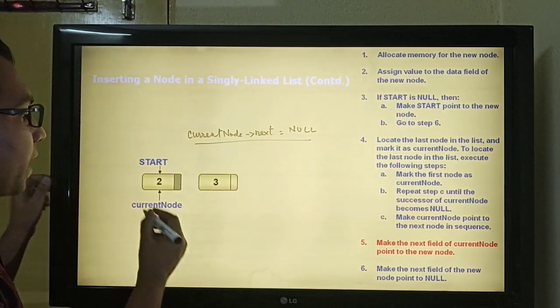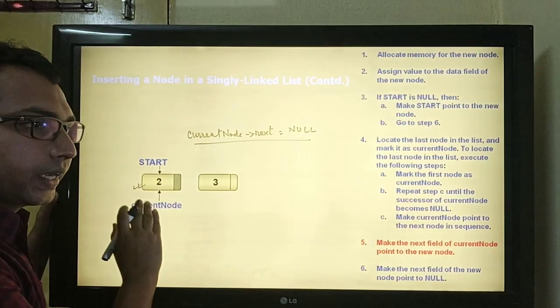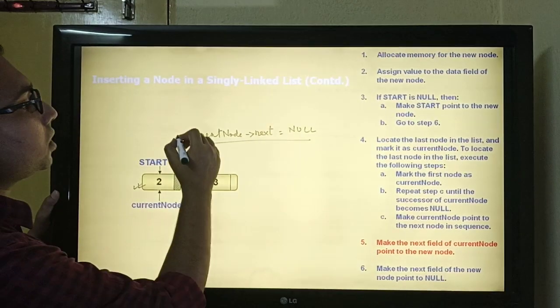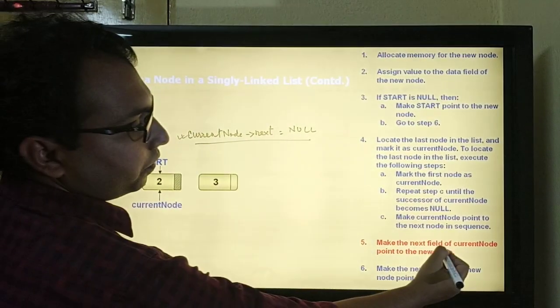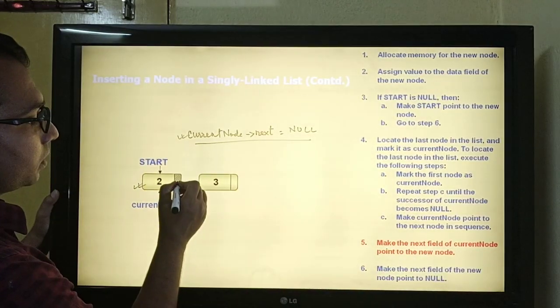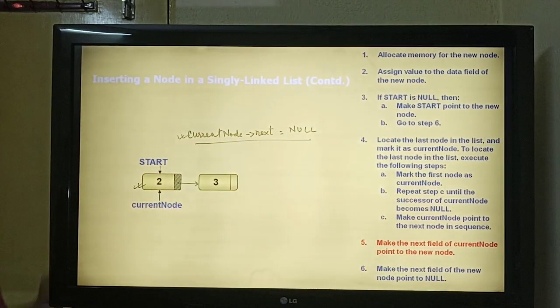Since we have only one node in this linked list, we are already at this particular position, hence we can directly make the next field of the current node, that is this one, point to the new incoming node.